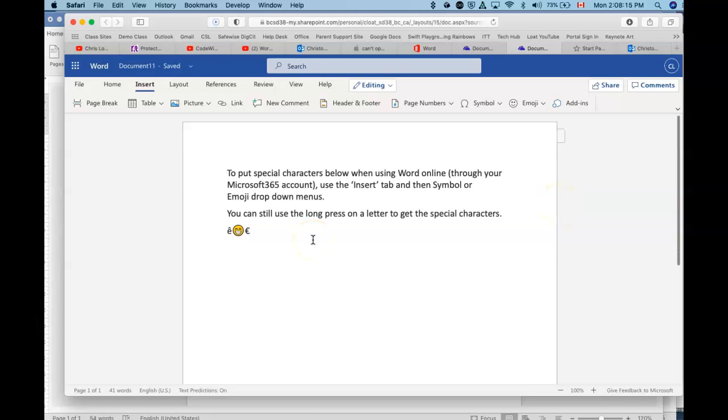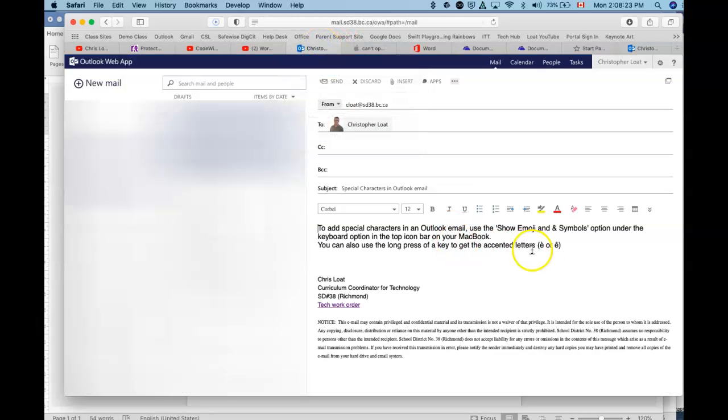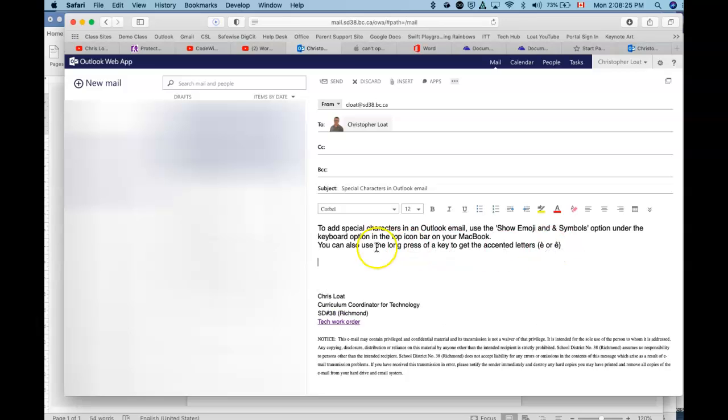The last place that we would want to add special characters to something that we're word processing could be in an email. I'm going to go to my email account here, and in my email account there are a couple ways I can insert special characters. Again, doing the long press on the keyboard, I'll just do the long press on the U, and you can see there's different accented letters for the letter U. The second way we can do this in an email is to use a built-in feature on our MacBook computer,